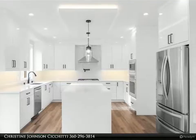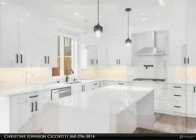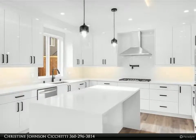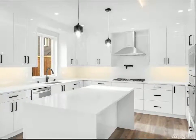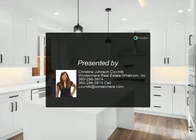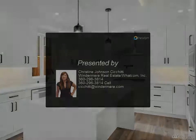Master bedroom has raised ceiling with large walk-in closet and oversized bathroom that includes tiled walk-in shower and standalone tub. Home has instant hot water, pot filler in the kitchen, solar panels and AC. These house photos show the quality of the build from the builder, but the house is a different